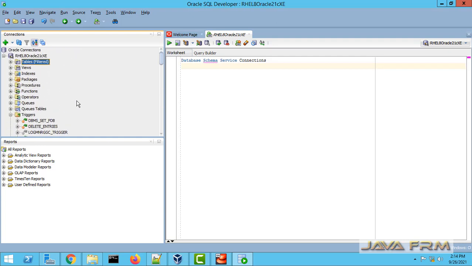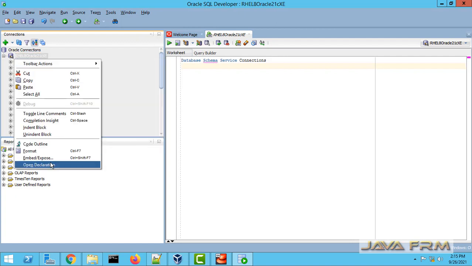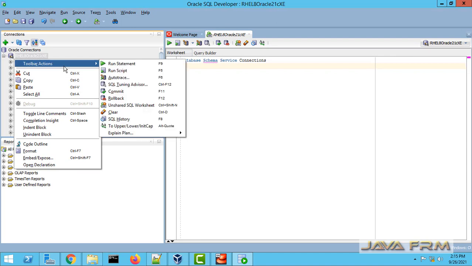Okay, so now I am going to disconnect this connection. Everything is fine. I am able to connect to the Oracle Database 21c Express Edition via SQL Developer. Make sure that you unblock the port in the firewall. The default port is 1521. Make sure that it is unblocked, then only you can connect. If it is blocked by the firewall, it will not connect.